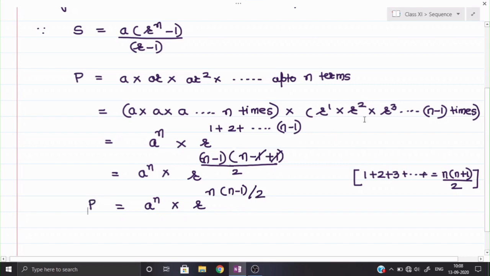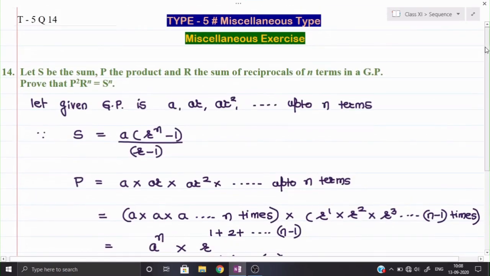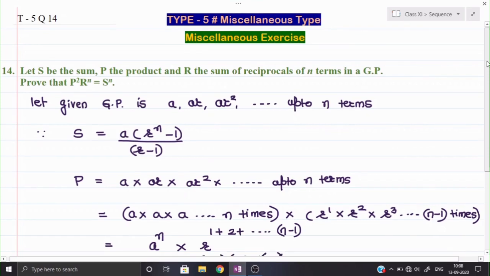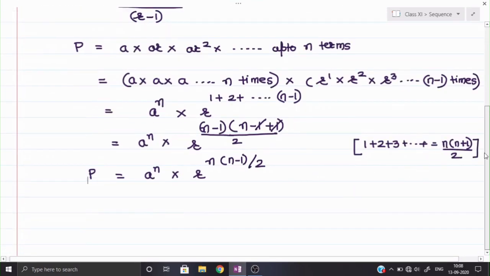One more remains, the value of R. What is R given here? Reciprocal of the terms of GP and their sum. Okay, means you have to take the reciprocal of all the terms of GP and then add them. So here see how to get the value of R. We can say that now the value of R over here, R will be equal to 1 upon A plus 1 upon AR plus 1 upon AR square plus and so on, going up to n